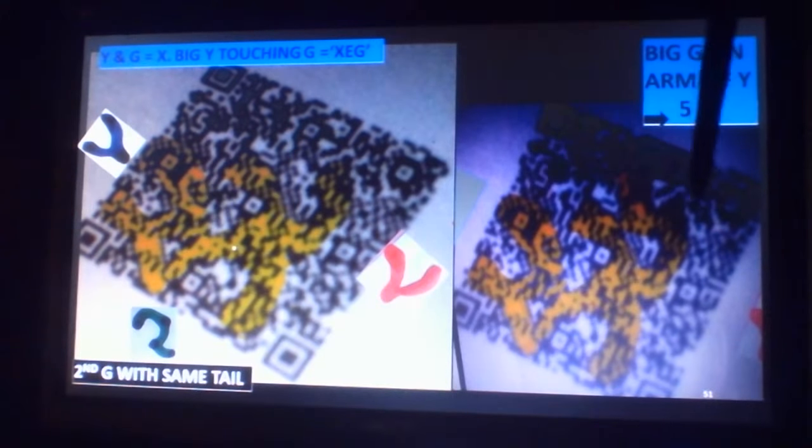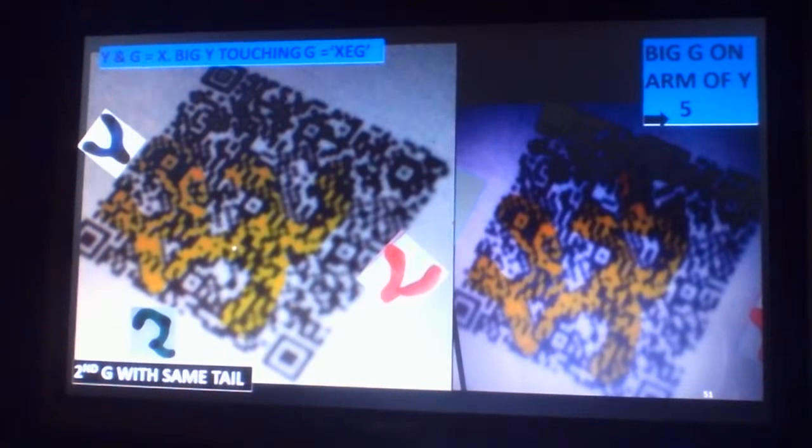Okay, this is a medium G. The other one I drew was a small G. That means there were 3 G's here: small, medium, and large. I pick the medium one and it becomes a 5 because this place is open. If I went and did a big G, then it will be a big G. It won't be a 5 anymore because this place will be closed. All right. So in the next slide,